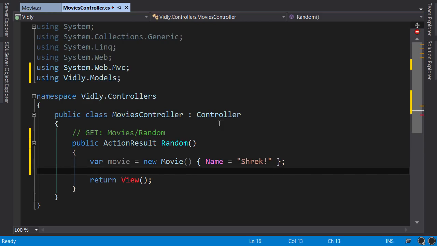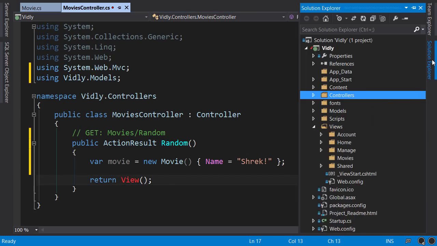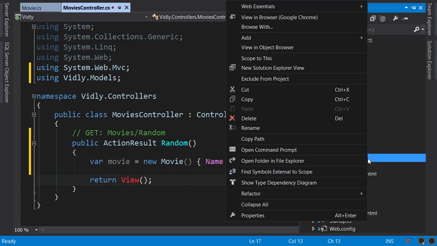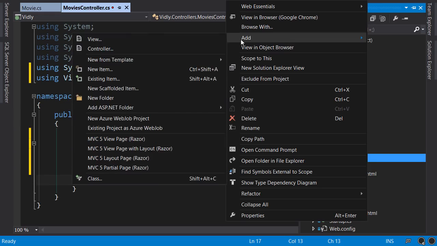Now here you can see that this method is returning a view. And the reason this view is red is because ReSharper is telling me that this view file does not exist in the application. So in the Solution Explorer, under Views, inside the Movies folder, we don't have a view called Random. So right-click, add, View,